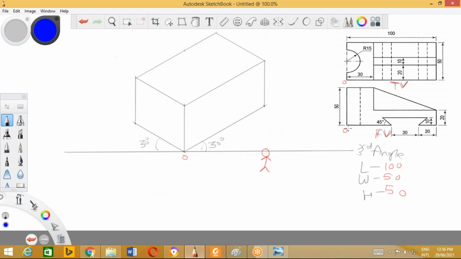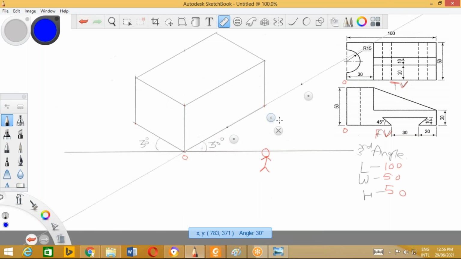Now from 0, you can see the line is there, and we have to mark 20 millimeter and 30 millimeter. If this is the origin, we have to mark the point at 20 millimeter and then 30 millimeter from this point. So use the scale and mark these points.